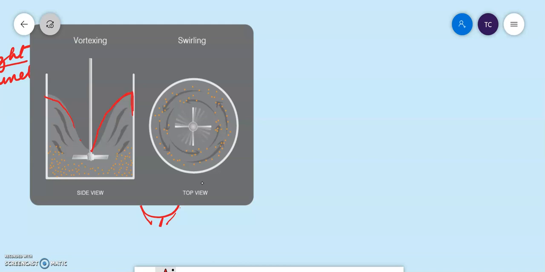So what is happening? If they start attaching to the sides of the container, the content and the cells will also be reduced at the middle of the container inside the fermentation broth. So you have to bring them back into the system. They should not be attached to the walls; rather, they should be brought back into the system. So that is why what we have to do is